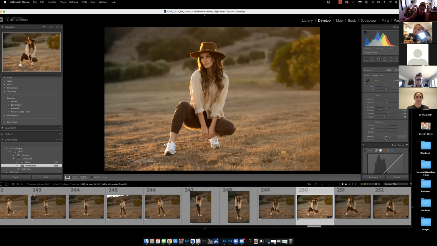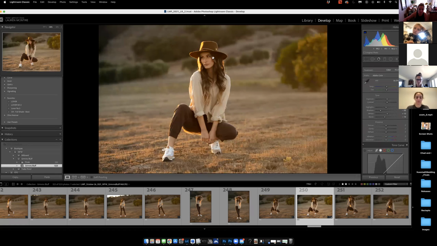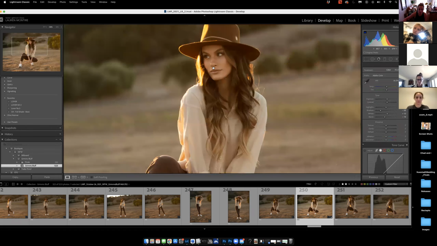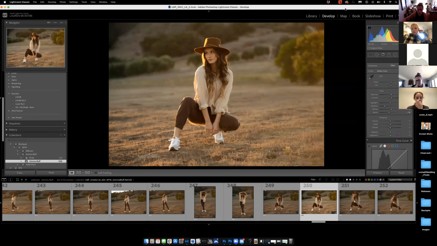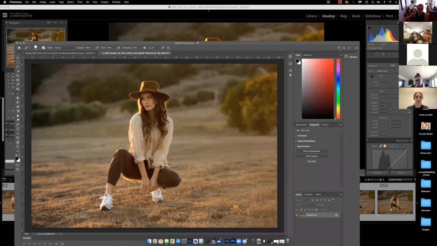As you can see, she's got a little bit of hair in her face. So let's go fix that. I'm going to press Command E on my keyboard to shoot this image over to Photoshop, which usually takes forever because I need to update my computer. Okay, so